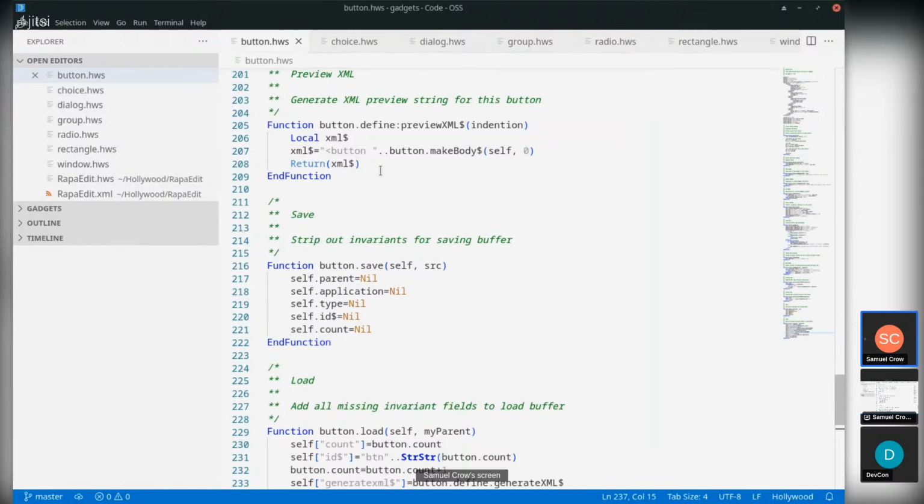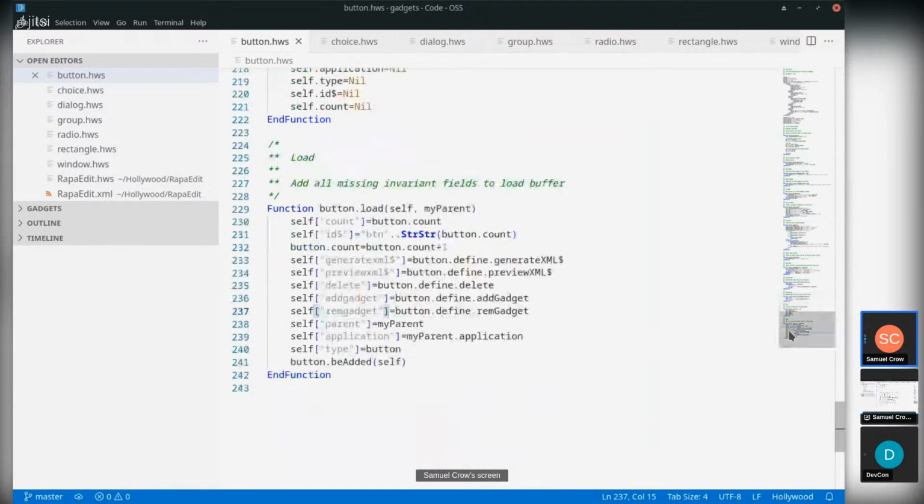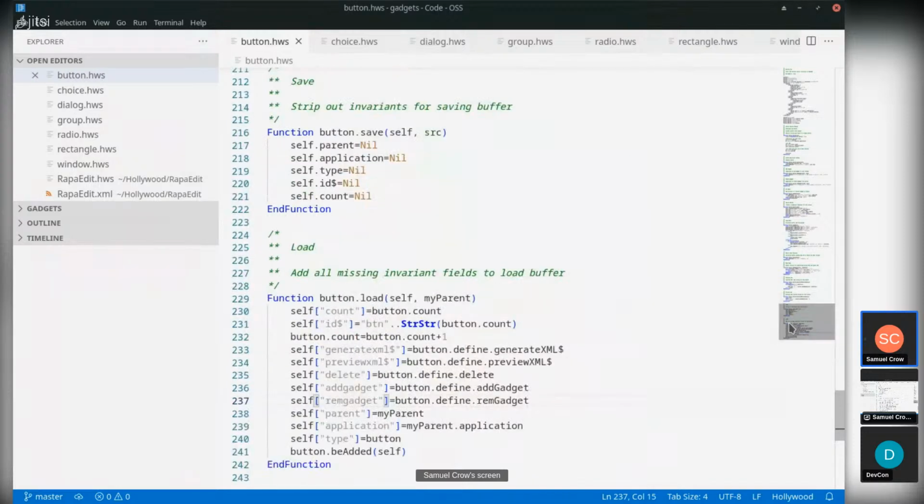Here's the button class. Let's see how long it is. About half the length of the main file right there. This adds back all the method names after loading back in the button from a saved document, and this kills